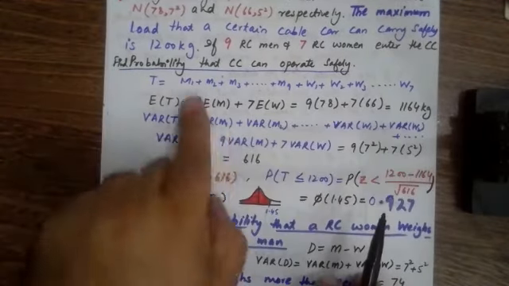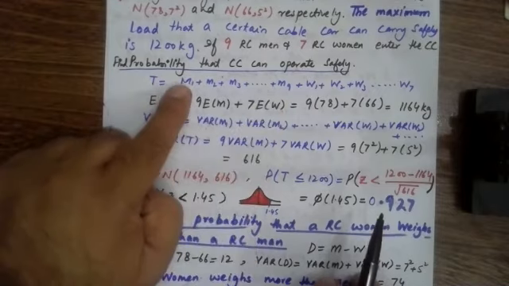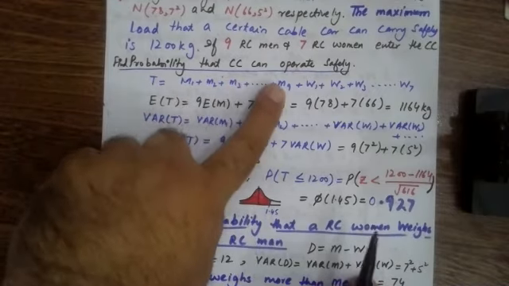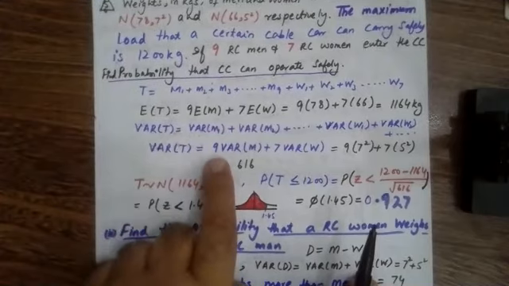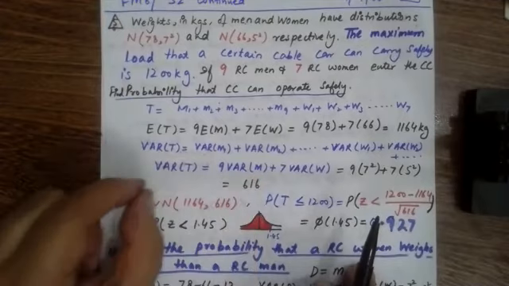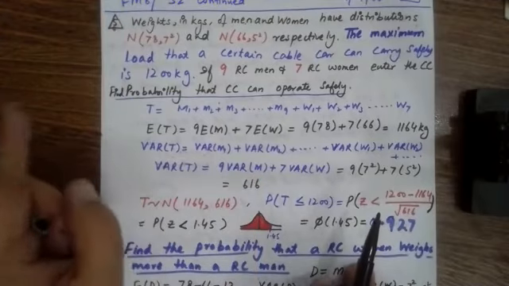These are 9 different men, okay? So variance of M1 plus variance of M2 plus variance of M3 up to variance of M9 makes it 9 times the variance of X. This is the difference. If the question was like this, that we choose only one man and then multiply the